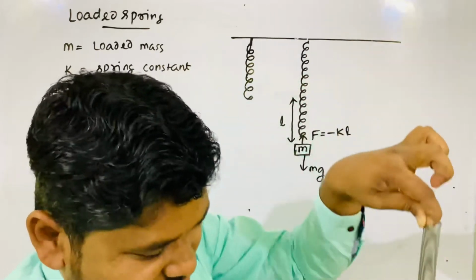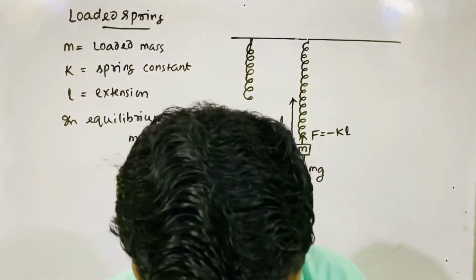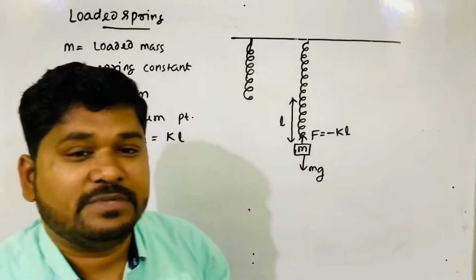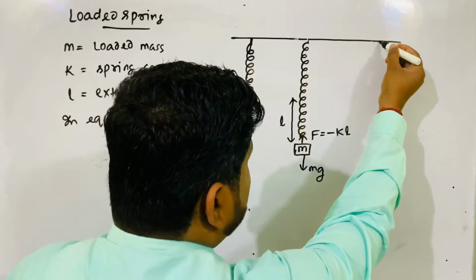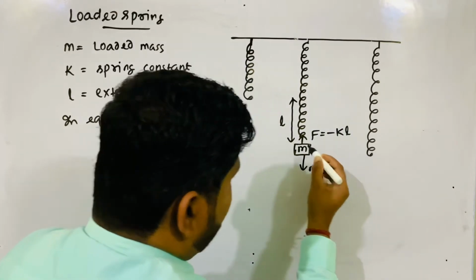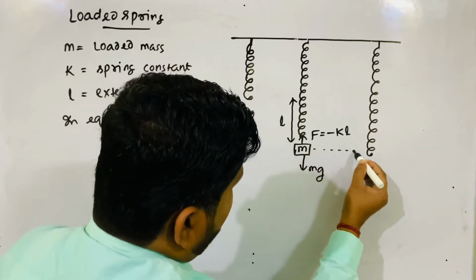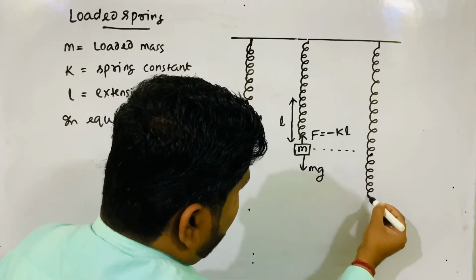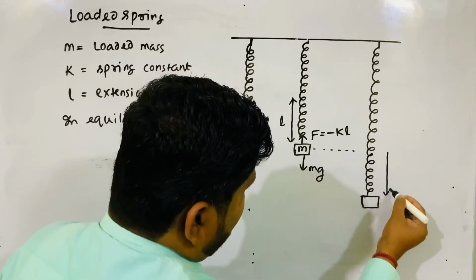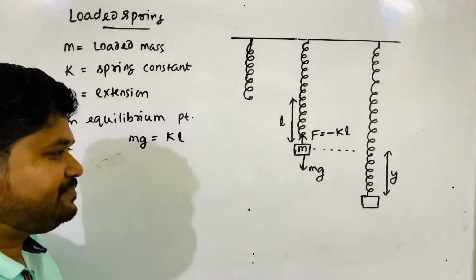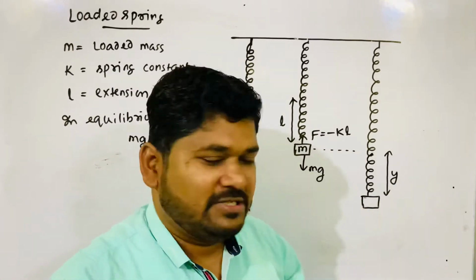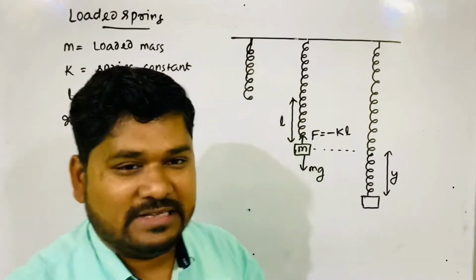So now let's discuss. I think you observed physically, now you saw clearly how the oscillation really happens in the spring. So now extend it a little more. This is the spring, and this line is the equilibrium position, but we extend it again, more. Up to this, suppose. You again pull it y distance. I pull it y. The mass is pulled L, and I pull it y. I am the external agent.